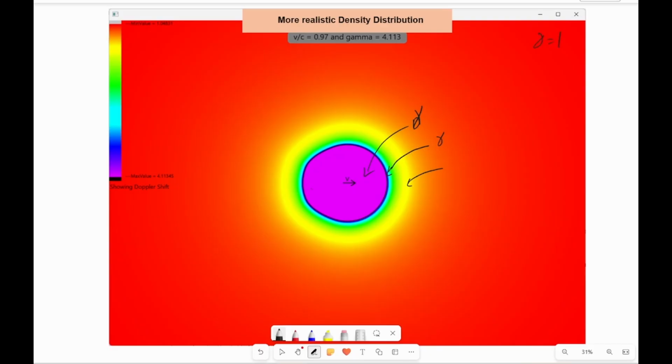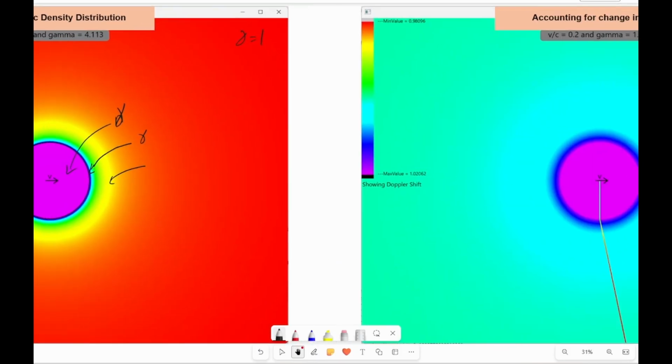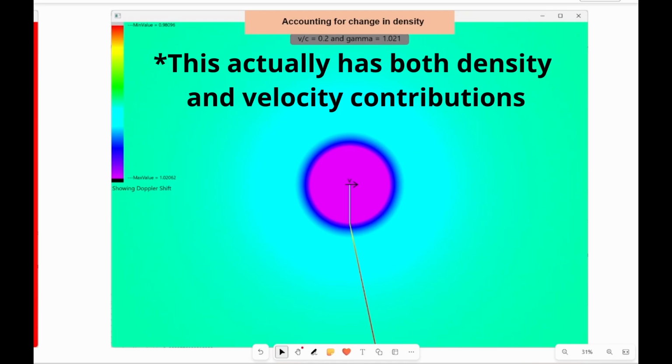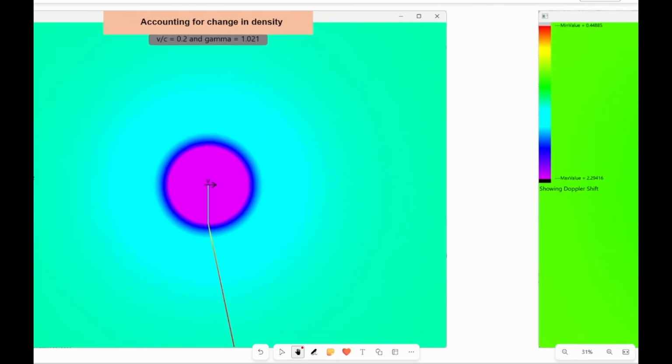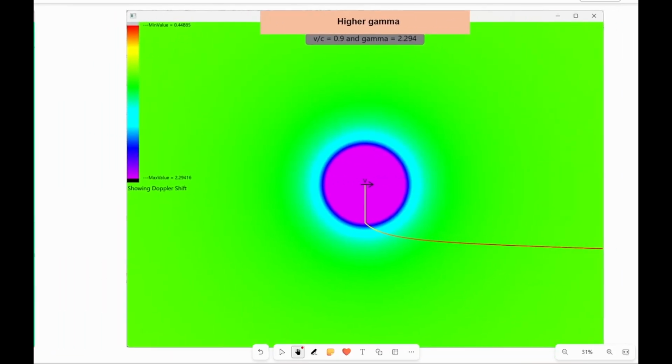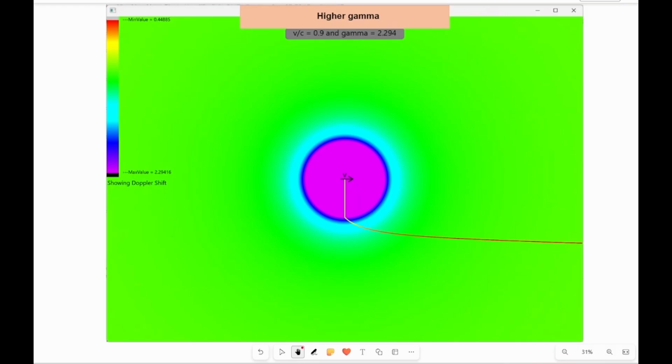Okay, so now let's look at the path of light due purely to the density change. So we've backed off the velocity. This is 20% of the speed of light at a gamma of 1.02. And here there's no apparent bending of light due to this change. So let's speed up a little bit. Now I picked 90% of the speed of light